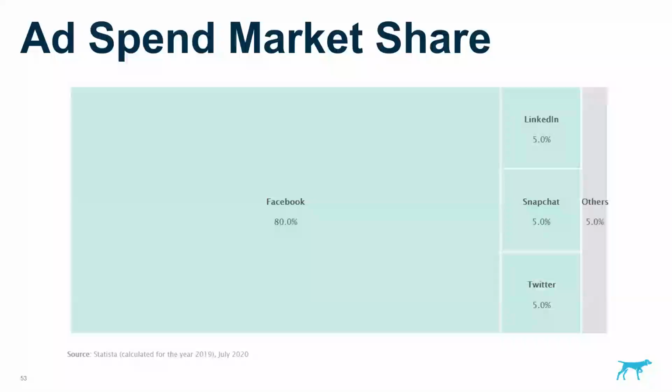So looking within Australia, Facebook is by far the dominant engine. I think this is Facebook and Instagram as a whole, because we're looking at ad spend here, and they essentially go through both. LinkedIn, Snapchat, and Twitter take up roughly equal shares after that, and then other is 5%. This is all for 2019, so before the rise of TikTok, which has been making a massive market push recently.